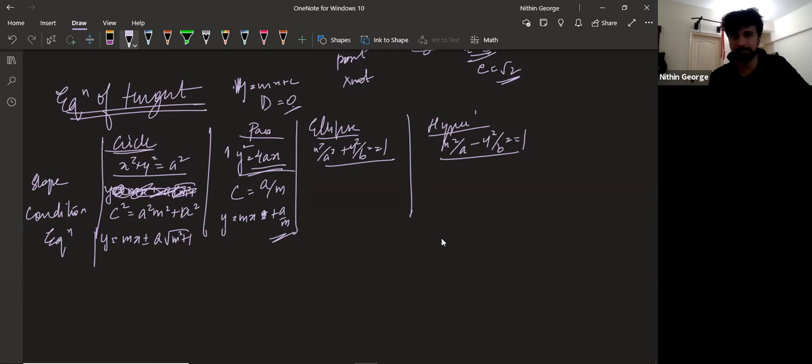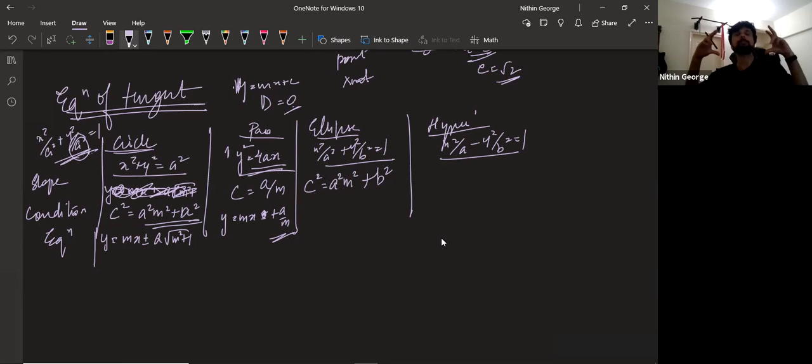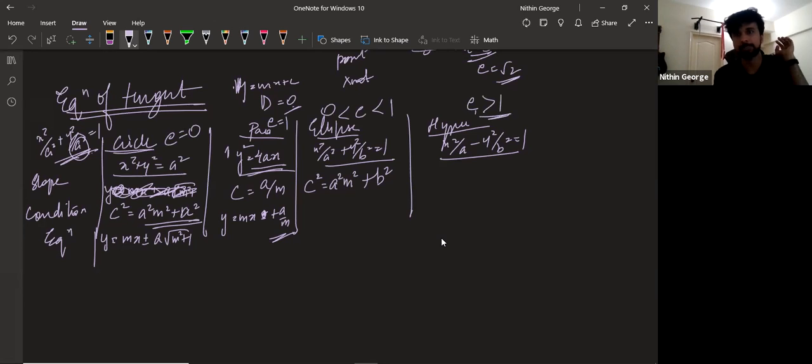For the ellipse, the condition becomes c square equal to a square m square plus b square. It's a slight alteration. Are you following? Okay. The equation of the circle, I can write that as x square by a square plus y square by a square equal to 1. Okay. So compare this and the ellipse. So the y square denominator changes from a square to b square. That's the only thing that changes. Okay. Basically, ellipse is almost a circle. Just that ellipse is a circle with an eccentricity. Okay. So for circle, you can say the eccentricity is 0. For parabola, the eccentricity is 1. For the ellipse, eccentricity is between 0 and 1. And for hyperbola, it is greater than 1.